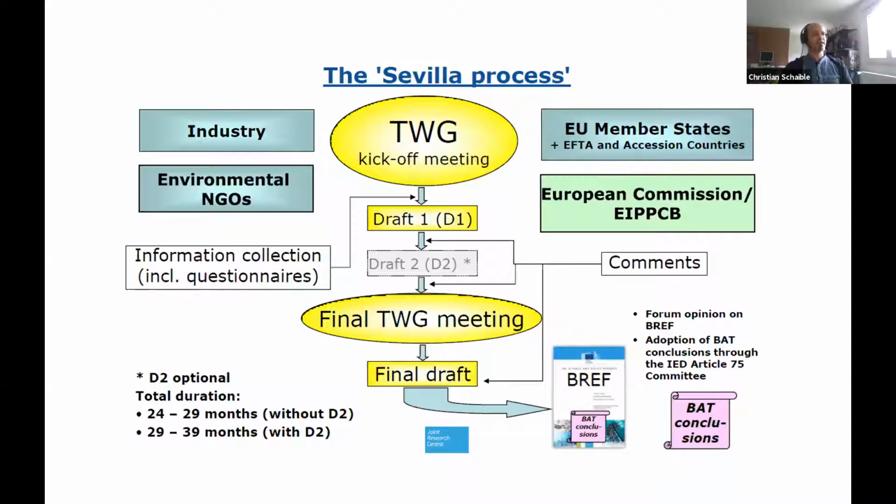So once you have done that, the European Commission, they have BREF authors, normally 2 or 3, who will then draft something like a first draft based on the information they have received. And then the whole commenting goes. The main meeting is the final BREF meeting, I would say, because here you really decide on what is the BAT conclusions part, which is the binding part.